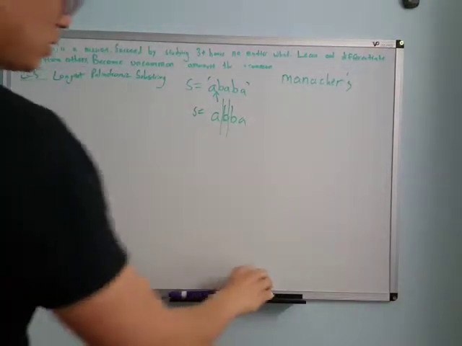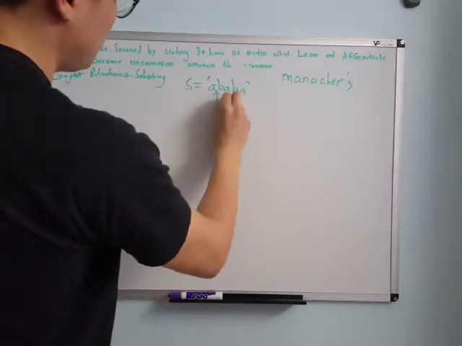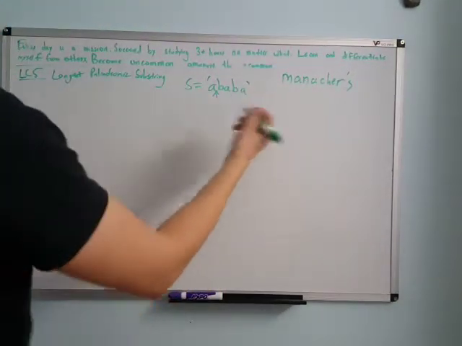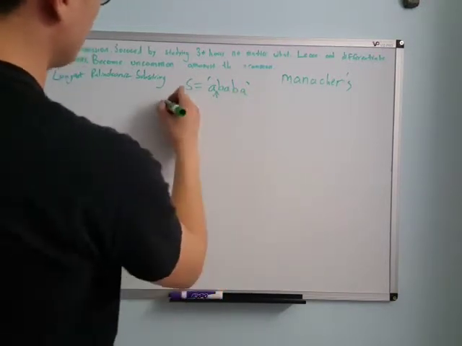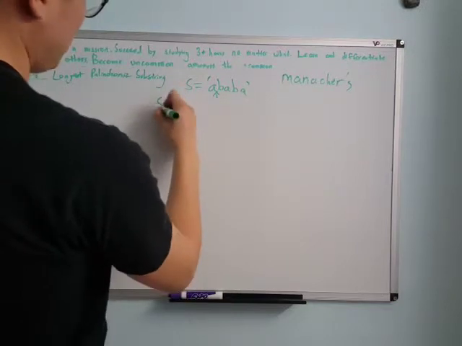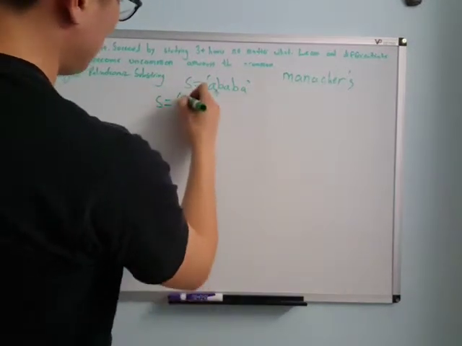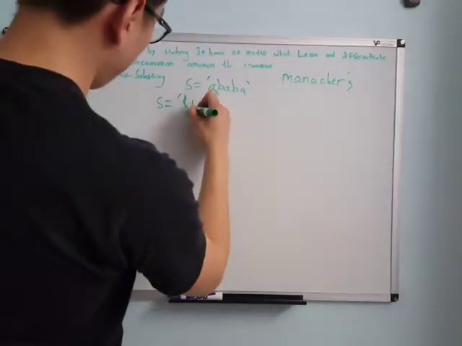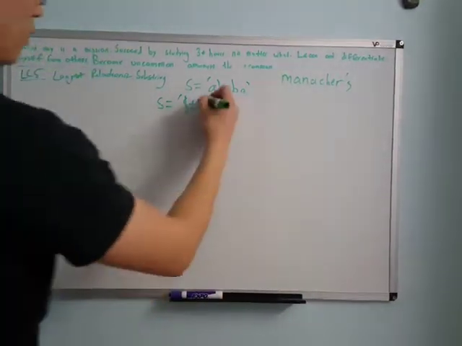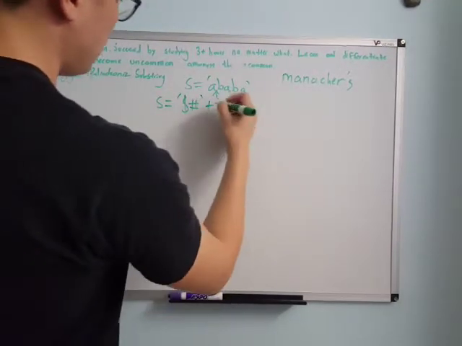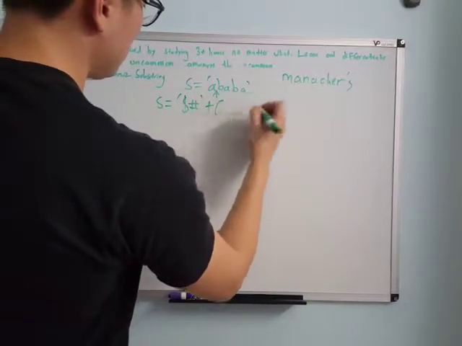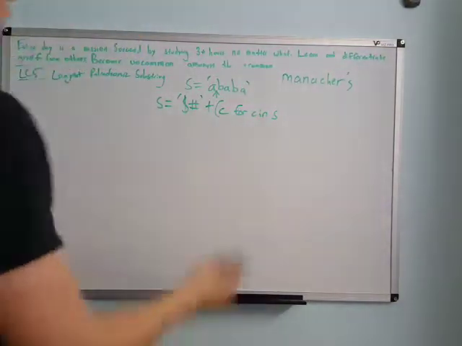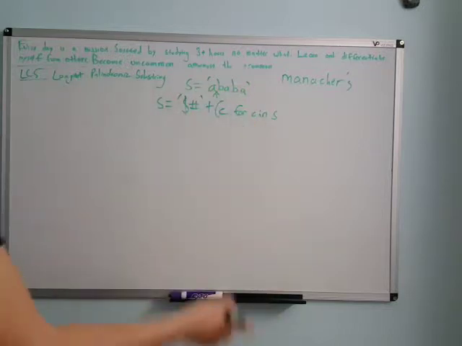So the way we do that in Manacher's algorithm, in Python, I think this is easily readable in Python. So what I did was you have a start character. I just use a $, and then a number sign, a pound sign, and then you're going to add it to, what was it? I just said C for C and S. So each character in the string that we're given,